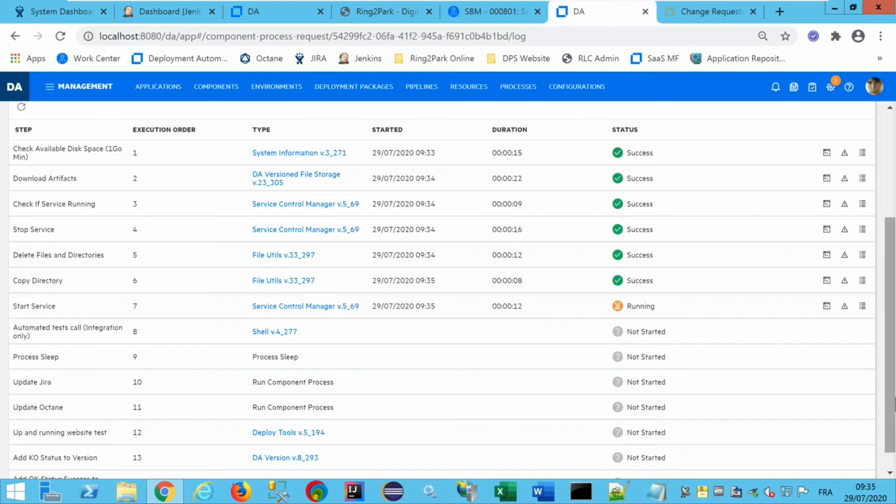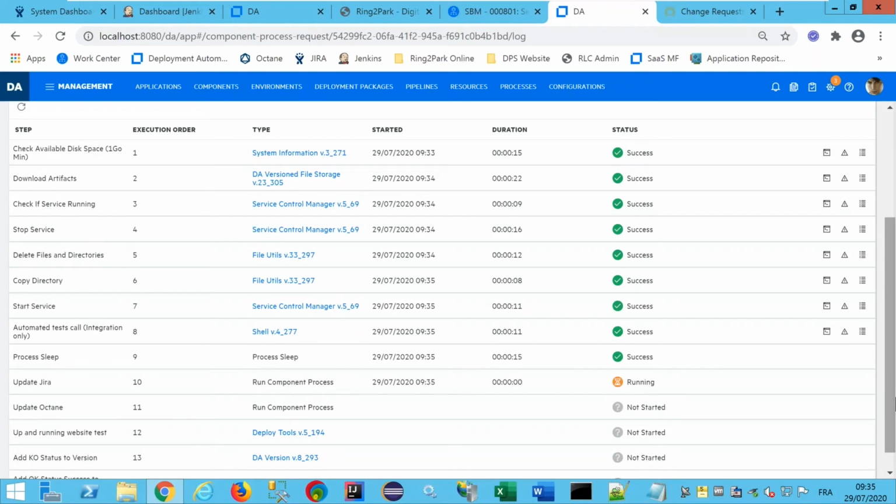We can call automated tests if needed. In Micro Focus, we have automated test solutions for performance testing, for functional testing, for mobile testing. So we can call those solutions to execute automated tests.